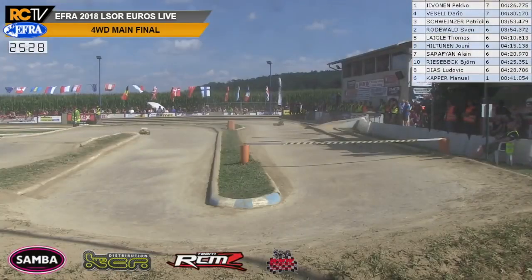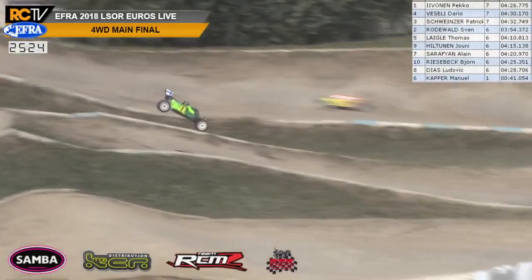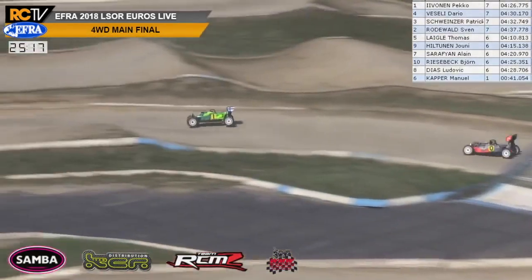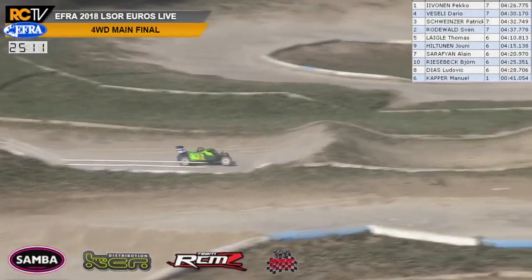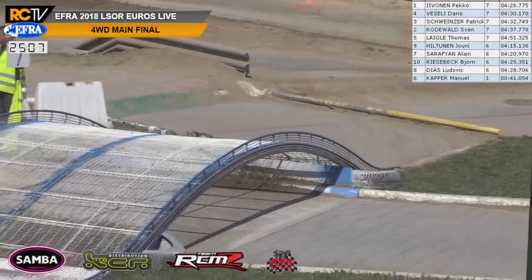2nd place for Vesely. That time around, he lost another 6/10. So it looks like Ivanen has really found the pace to get away. He's going to put a lap on Riesbeck in a second. Riesbeck lets him through, lost a little bit of time in doing that. They've already lapped the 8 car of Dias, and Manuel Clapper, the Austrian, didn't make the start, didn't make the first lap anyway. Now, at the moment, Ivanen